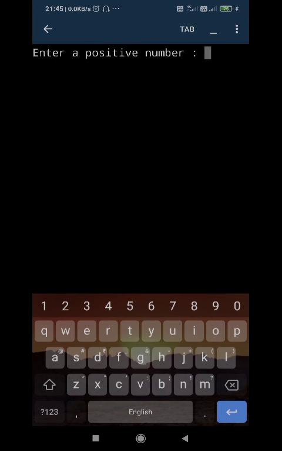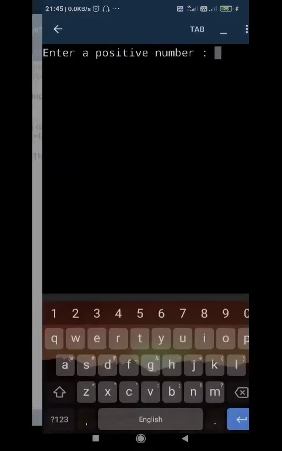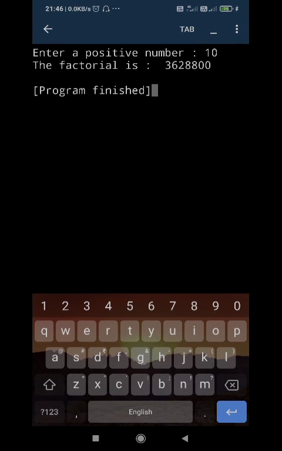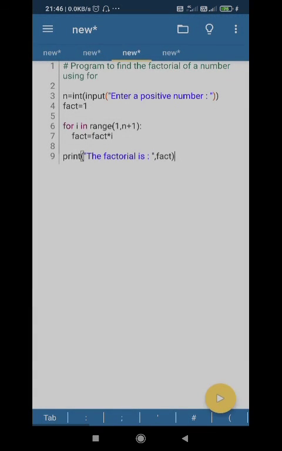If I give 3, I'll get 6 as the output. Then if I give a bigger number 10, still I get an output. Same program using both the loops. Now I am going to